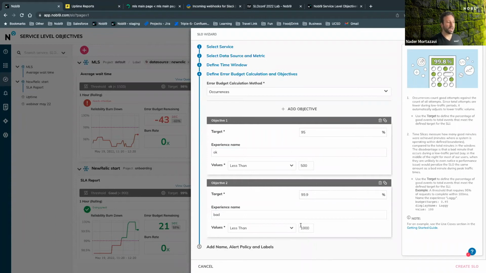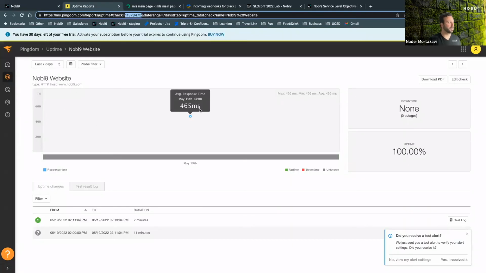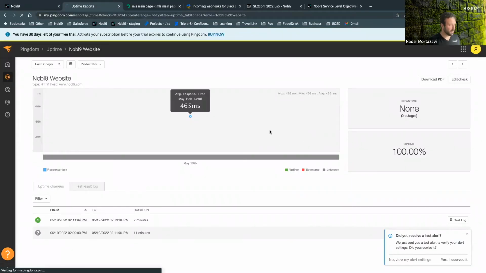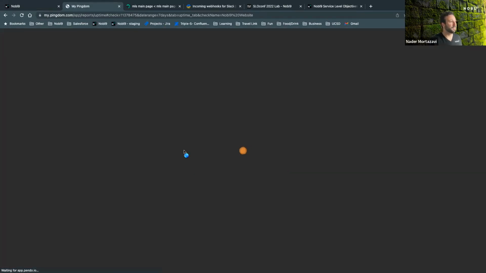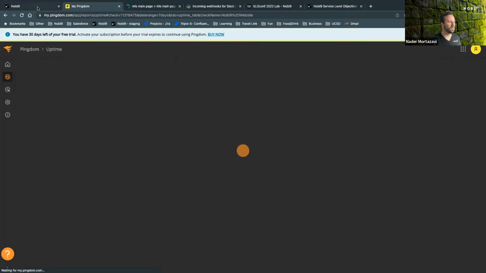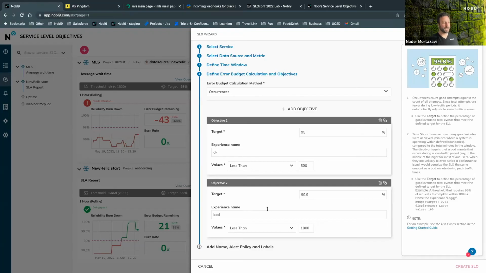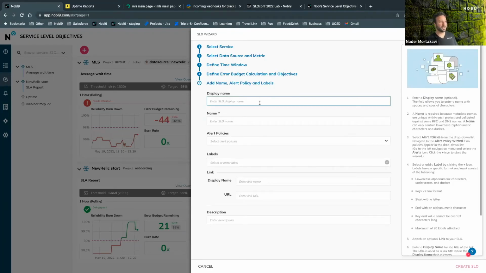So now we got these two values created, but just remember the 500 came in directly because of this 456 that we have. Let's see if we got any more data points. Yeah, basically that's why we chose that. We get our objectives, and now we're just going to give it a name, and let's say webinar May SLO,